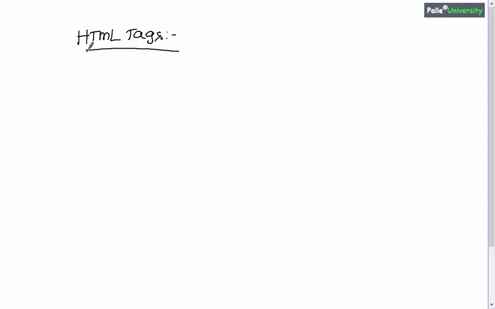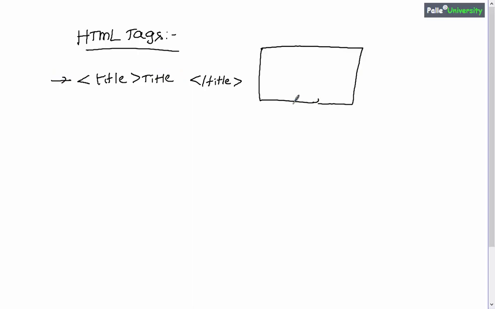Okay. Now, first let me talk about a tag called title. I already told you that the tag must be placed inside the angular bracket, and in general for every opening tag there will be a closing tag in many cases. Inside this you will be writing some title, right? When you use a title, in general the title will be visible in the browser.